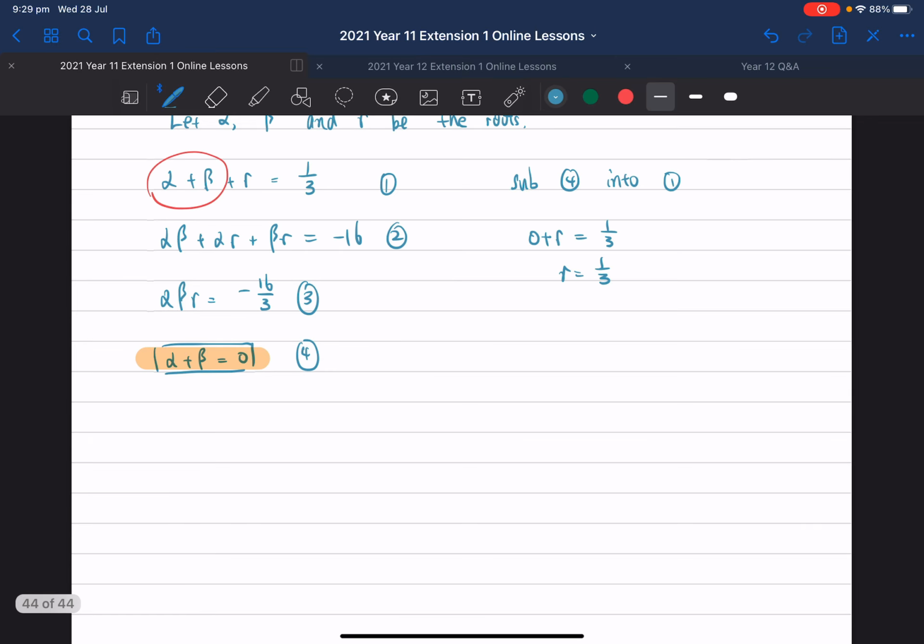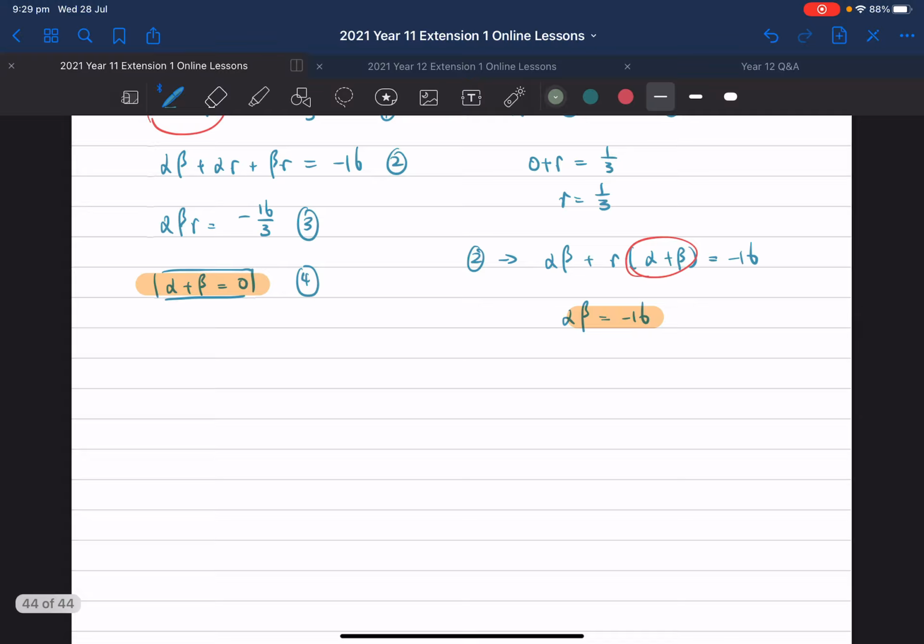All right, so once you have that, then you can start from equation 2: alpha beta plus gamma, bracket, alpha plus beta, is equal to negative 16. Now, we know what alpha plus beta equals. That's equal to 0. So therefore, you have your second equation: alpha beta is equal to minus 16. All right. Then you start from equation 3: alpha beta gamma is equal to negative 16 over 3. Now, we know what gamma equals. So gamma is equal to 1 over 3. And in that case, we know what alpha and beta equal. Well,